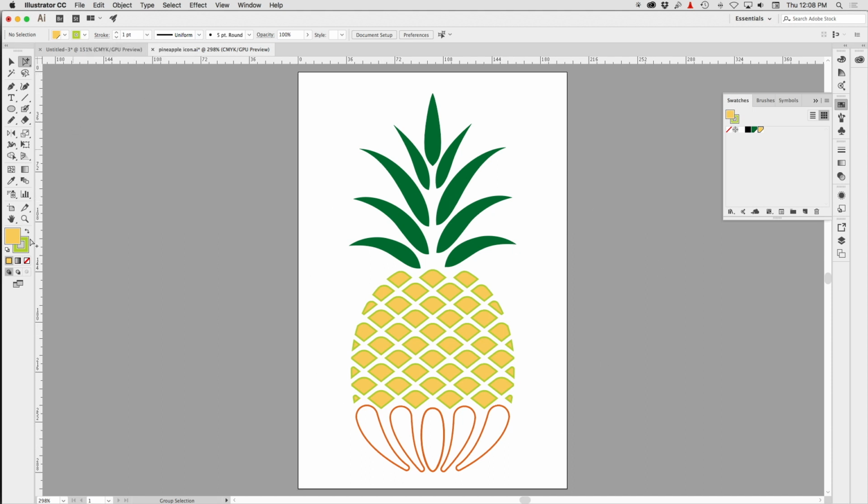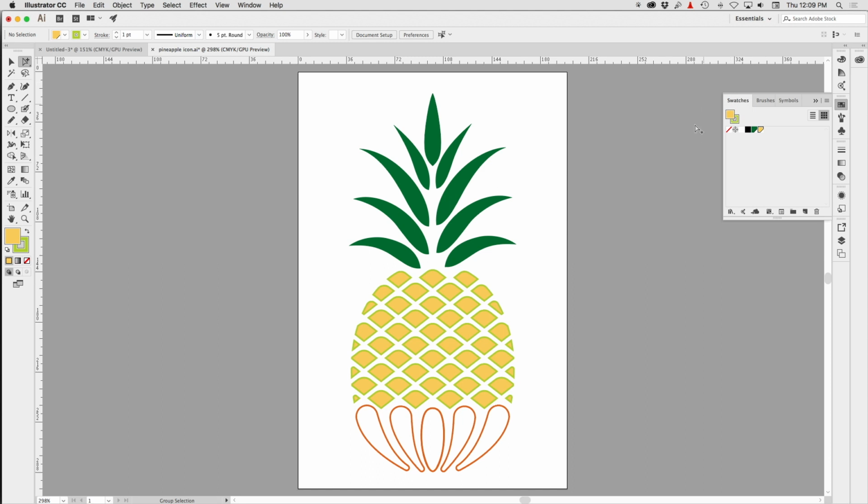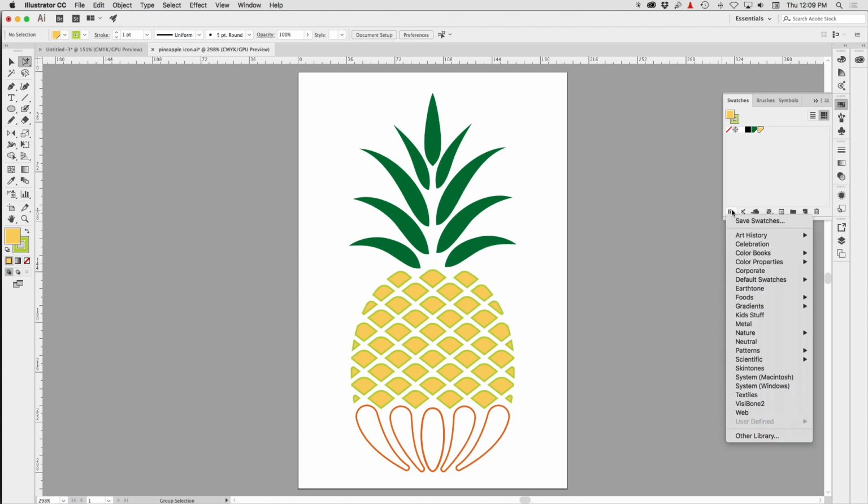We can select them in our toolbox, in our control bar, or by using our swatches or color panel. So we have multiple ways to access it, multiple ways to choose color. Ultimately, I think you should save swatches when you're working on a project so that you can access them. There are other swatch libraries that are provided. For example,